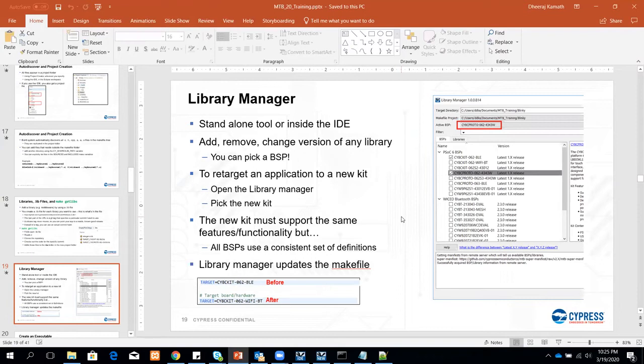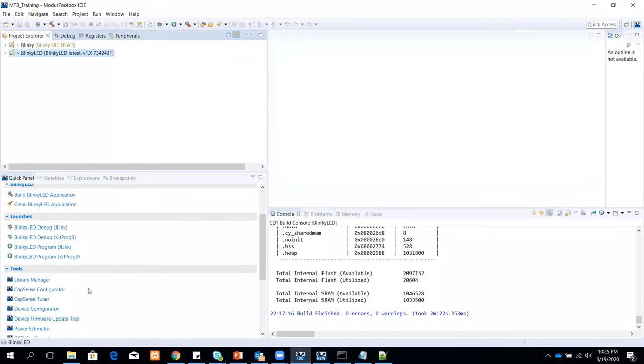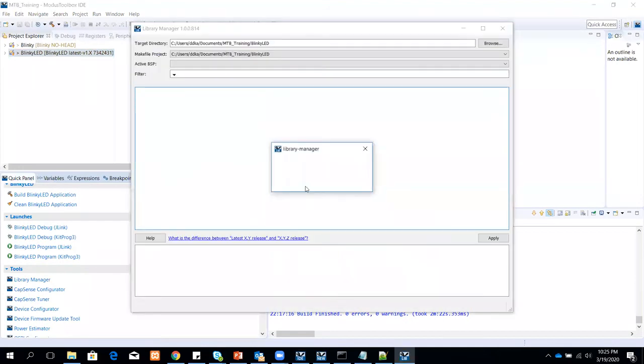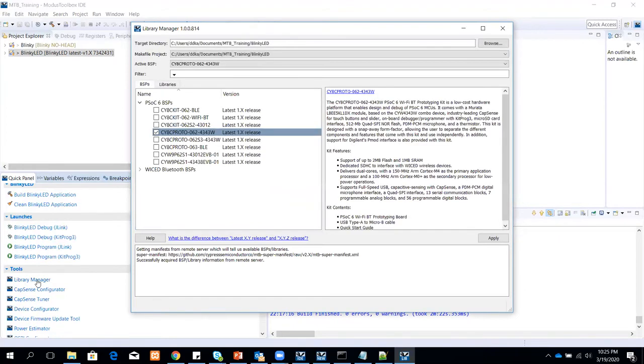You can enable as many BSPs as you want based on the hardware capabilities, and you can then select the active BSP. So what I mean is, here under tools, you will see all the tools and configurators available. You can just click on each one of them to invoke it.